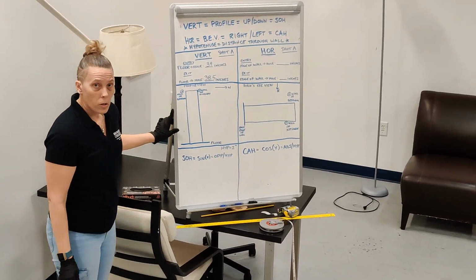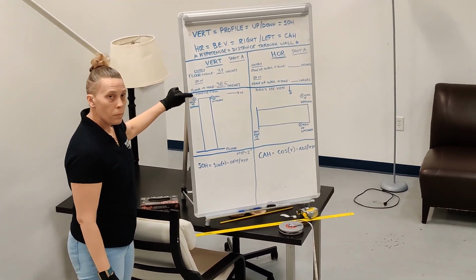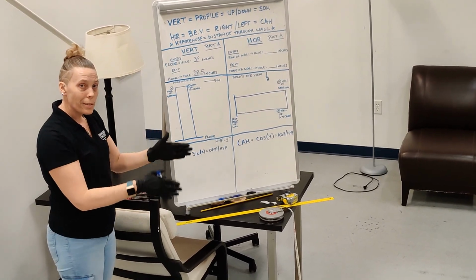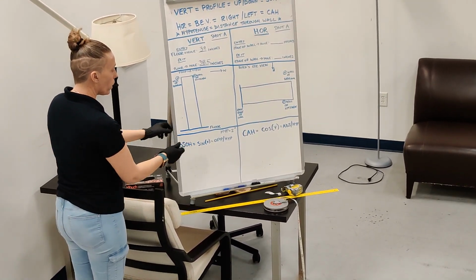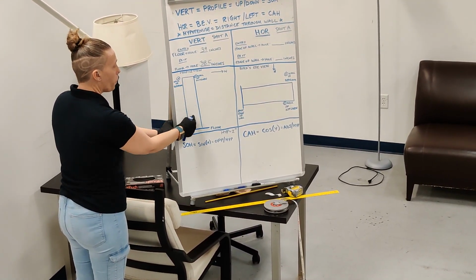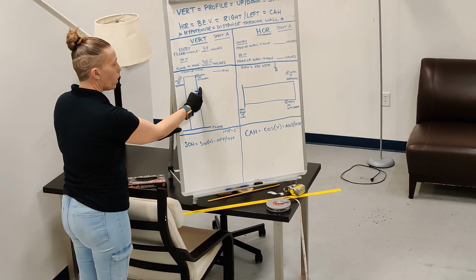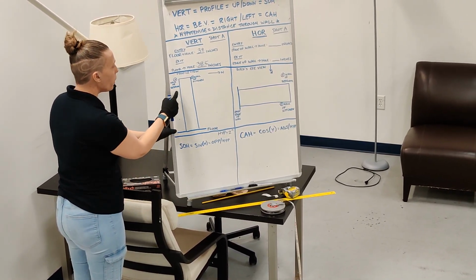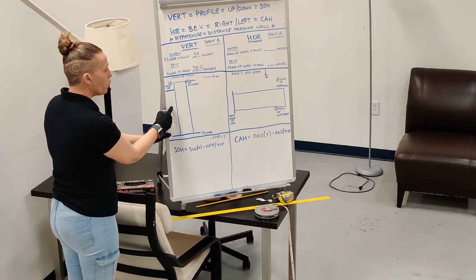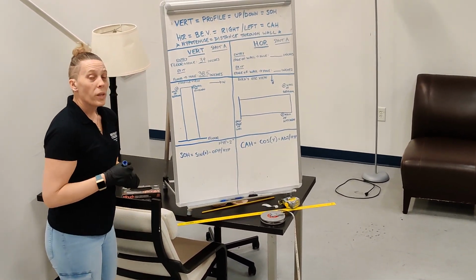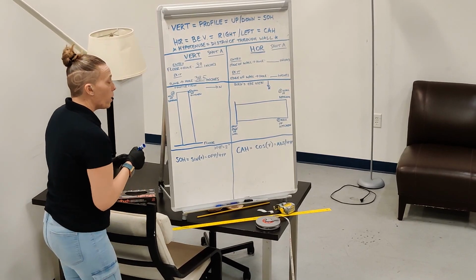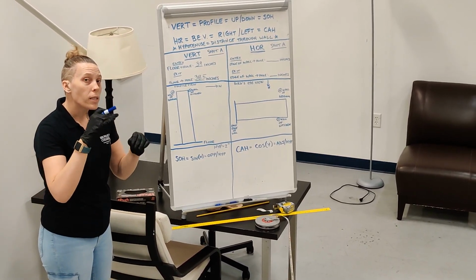So remember, vertical impact angle is showing you the profile. Profile view is the side of it. So here's the floor, here's the wall. We said the south wall of the kitchen was our entry side, north wall of the bedroom was our exit side. We said that it was going slightly down, which means our entry is a little higher